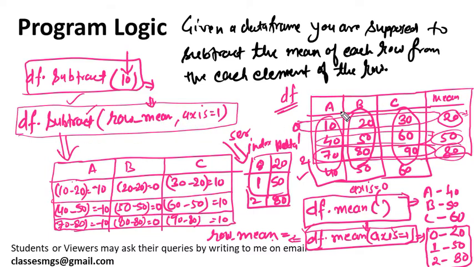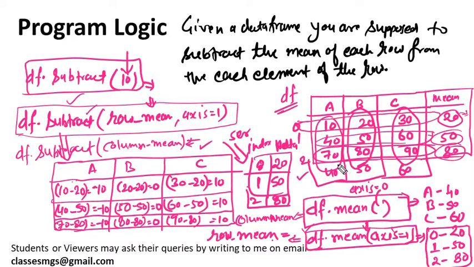If you want to subtract the column wise mean, then you can directly do df dot subtract, and you can directly pass the result of the column mean. Let's say column mean. If you want to subtract the column mean from each column value, then you can pass this column mean directly here. You need not pass axis equals to 1 or axis equals to 0 this time, because by default the axis is 0. Okay, that's why it will work directly.